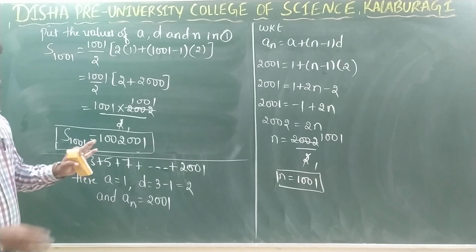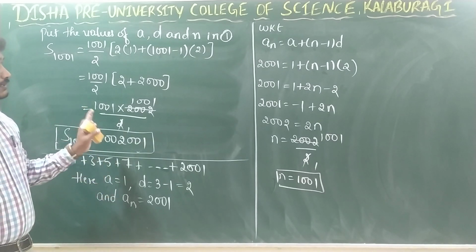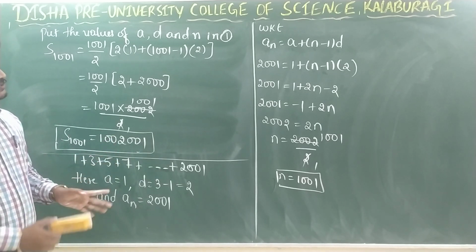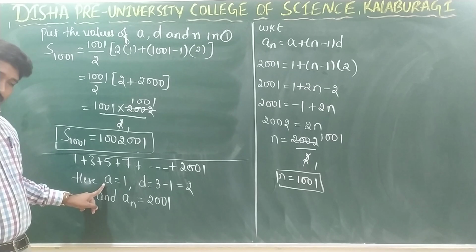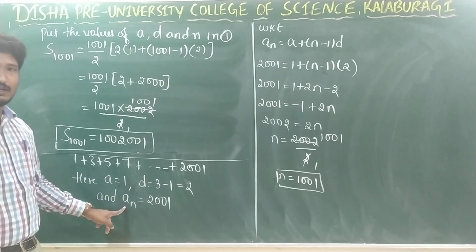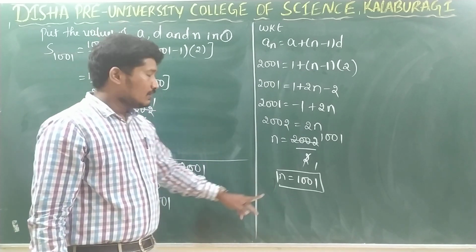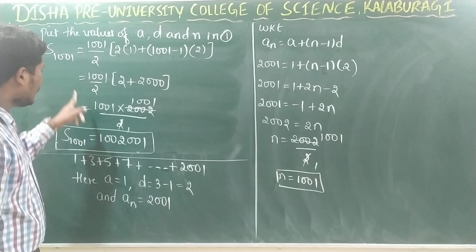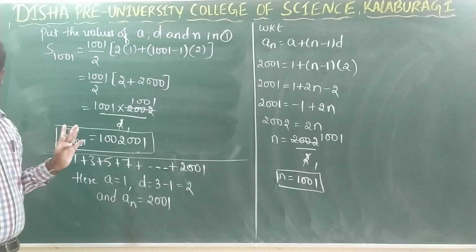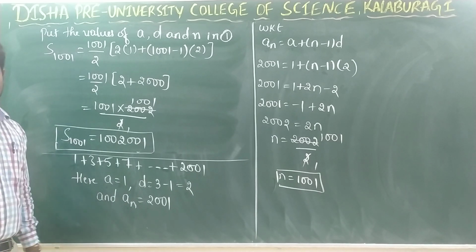Right? So I hope you understood the problem. I think there is no doubt in this. So first what have we done? By the given terms, that is the first term, common difference and an, we calculated the number of terms in the arithmetic progression. We substituted these three values in the formula of Sn and calculated the sum. So I hope you understood this. Let us go to the next problem.